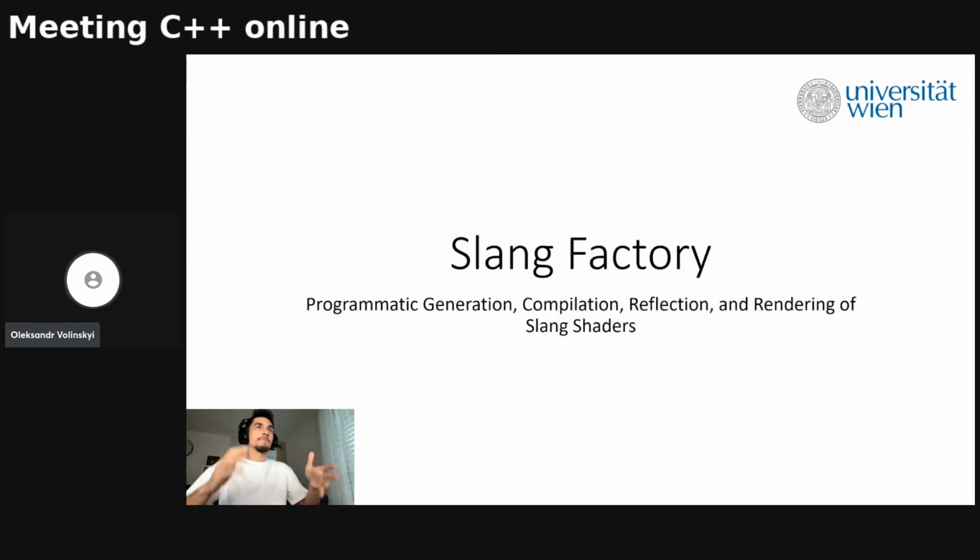So, first of all, Slang is a modern shader language, and it's very flexible and suitable for many engines and renderers because it can compile shaders into any suitable type for any engine or renderer. And so the main idea of the project is to generate the shader code programmatically in C++, then compile it through the Slang API, then extract the reflection information also thanks to the Slang API, and then use the generated shader in the renderer or an engine.